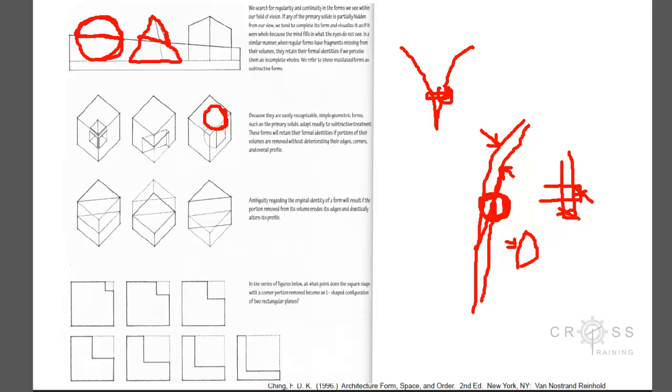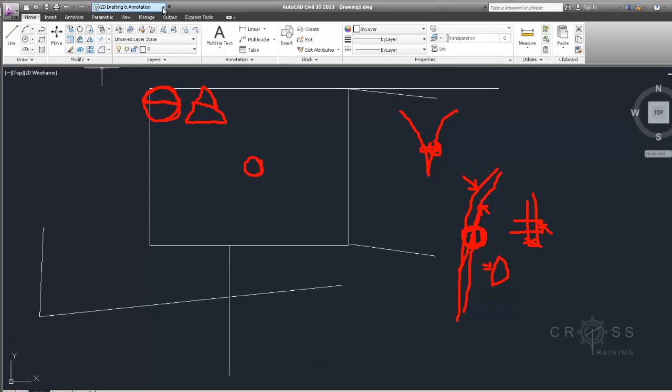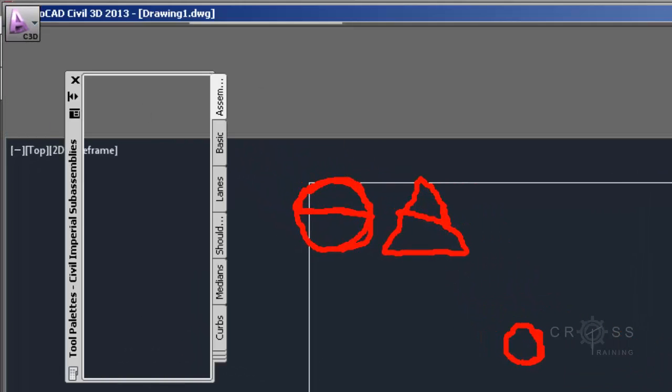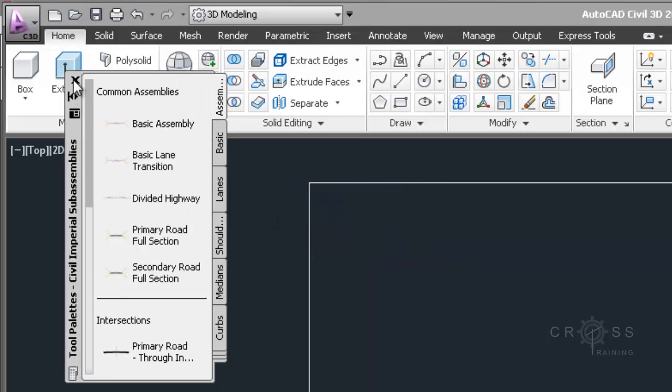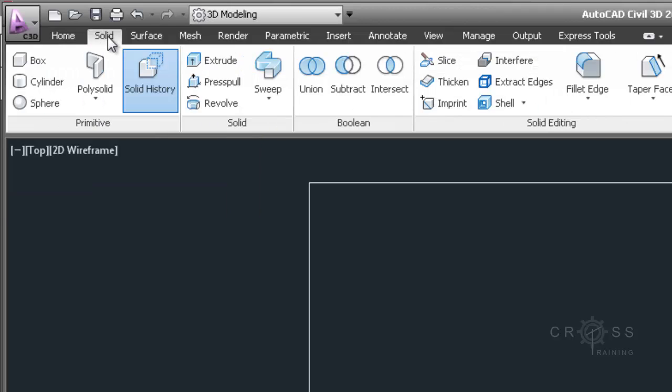So in CAD, I keep mentioning Boolean operation. This is actually a 3D drafting tool, 3D modeling tool. Get rid of my sketches here. So I'm switching workspaces to 3D modeling. And if I go over here to solids, because that's what this group was trying to model, we see these